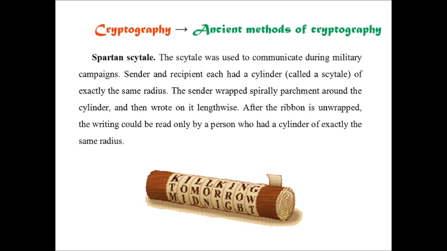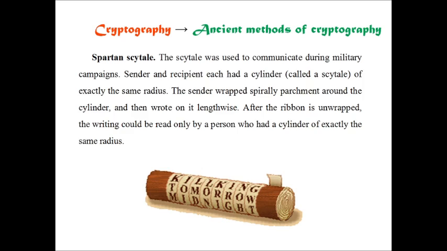Now let's consider ancient methods of cryptography. The first one is the Spartan scytale. The Spartan scytale was used to communicate during military campaigns. Sender and recipient each had a cylinder, or scytale, of the same radius. The sender wrapped parchment spirally around the cylinder and then wrote on it lengthwise. After the ribbon is unwrapped, the writing could be read only by the person who had a cylinder of